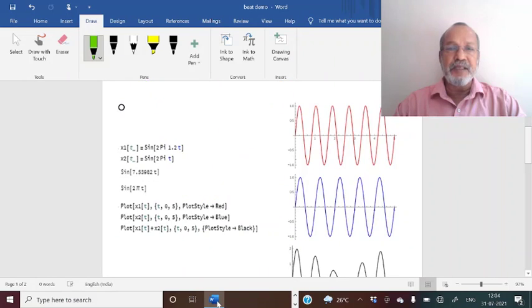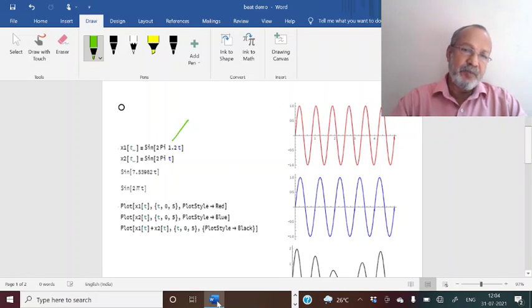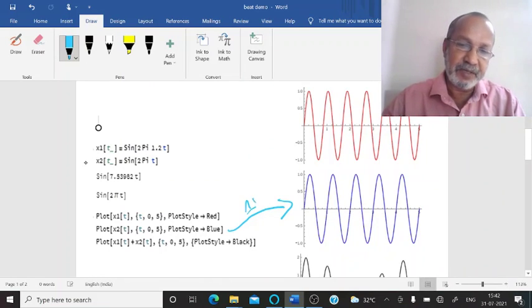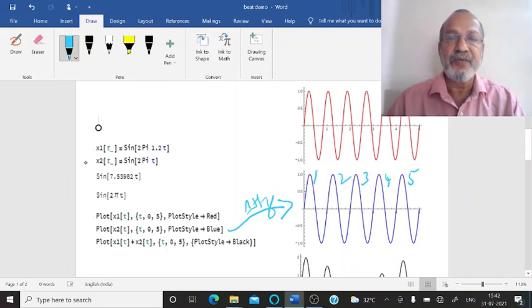In this second example, I have considered the same SHMs, frequency 1.2 as well as 1, and plotted the graphs from 0 to 5 seconds. In this diagram I have drawn the x-axis up to 5 seconds, and for the second SHM the frequency is 1 Hertz, so 1 oscillation per second, so we have 1, 2, 3, 4, 5 oscillations in 5 seconds.